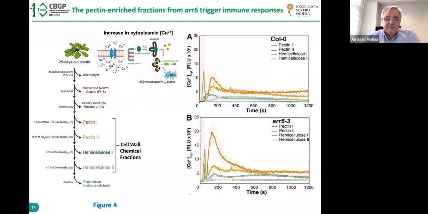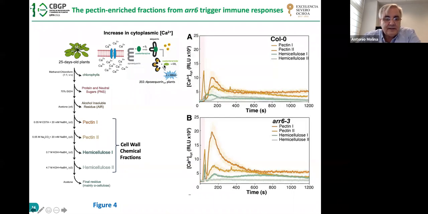We perform this type of analysis regularly in our lab. We measure different early immune responses, and one of the immune responses that we measure is the increase in cytoplasmic calcium. For this, we use transgenic Arabidopsis plants that overexpress apoaequorin in the cytoplasm of the plant cell. As you can see here, we just add the cofactor, coelenterazine, and we can just have the aequorin. And if there is an increase in the calcium in the cytoplasm of this plant, after, for example, treatment with a MAMP or after treatment with this cell wall fraction, this aequorin protein will bind the calcium,